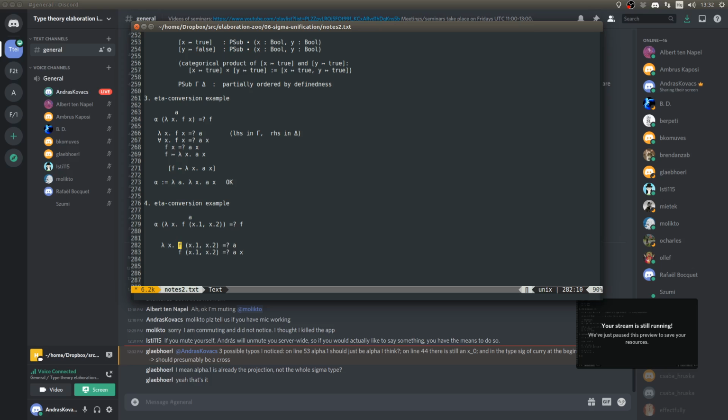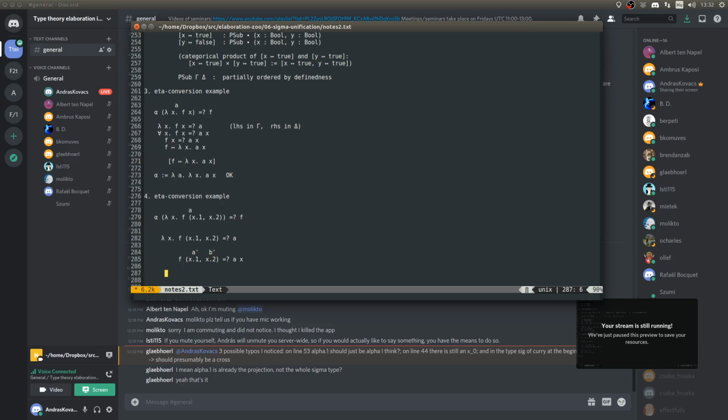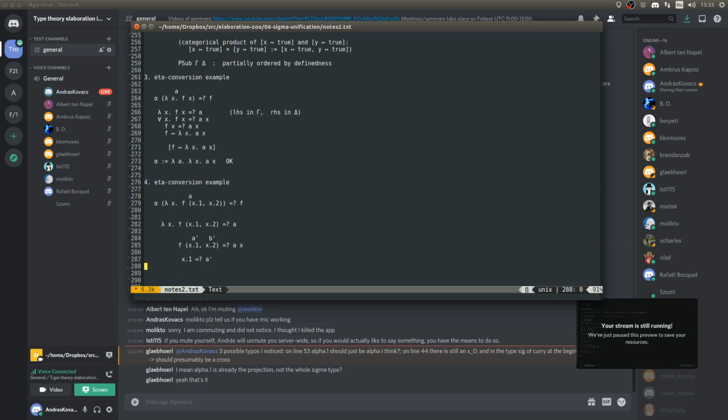And now I have another unification problem. So this unification problem can be solved again using the same method. So now I have to unify x.1 with a prime, and I have to unify x.2. So if I unify x.1,